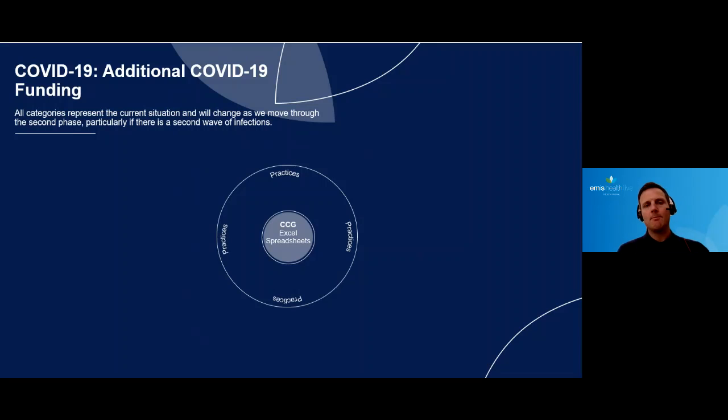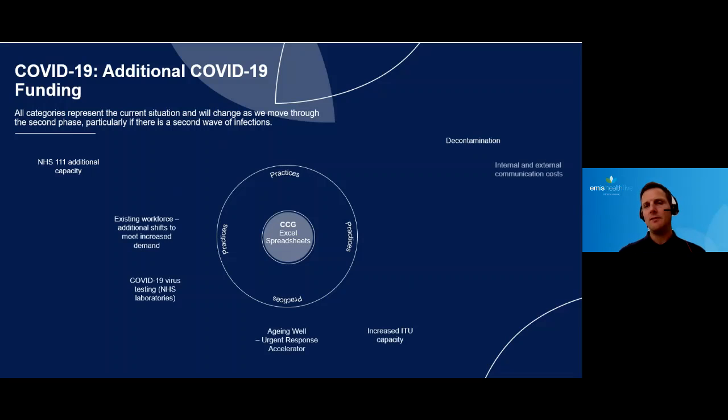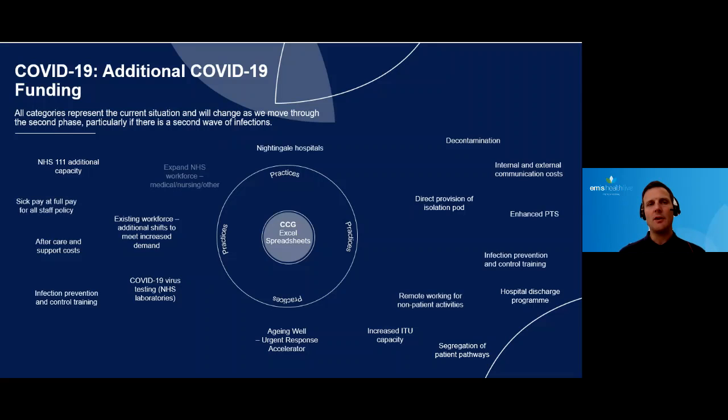It's also difficult for you to manage spreadsheets at different levels. So at a practice level, you've got to look at who has access to the spreadsheets, who enters the data, how the approvals and authorizations are captured. Is there an audit trail? Who entered what and when? And if it's managed at a CCG level, you've got to collate 50, 60, 70 or more spreadsheets every month, analysing that expenditure, clarifying errors, requesting documents, invoices, checking authorizations. And then, of course, as the rules and guidance change, you'll need to reflect this guidance and updates through your